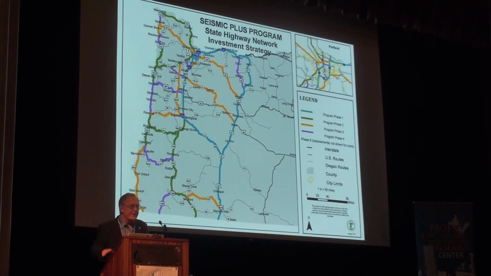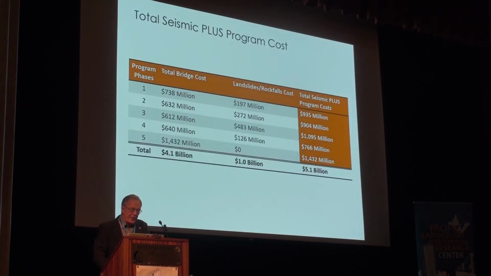And we started an investment strategy. We identified basically the cost to retrofit bridges and mitigate landslides on a priority system. We estimated those costs and reported that not only to our Transportation Commission and the legislature, but also to the public, so they knew exactly what was going on. One of the things we wanted to do to communicate the seriousness of the issue that we felt in Oregon,